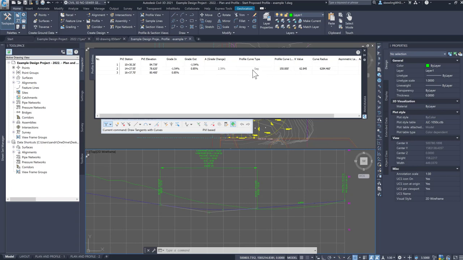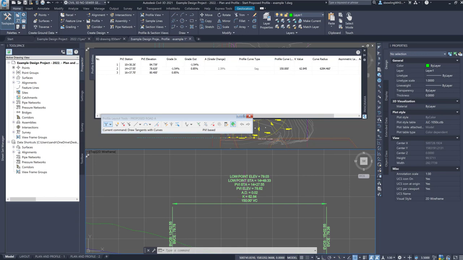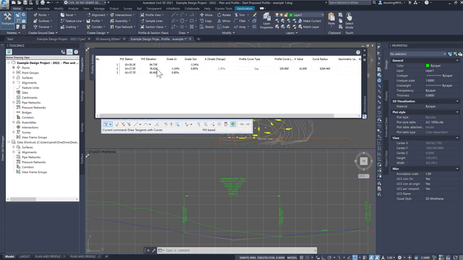So you can see I'm in a sag. And it automatically labels these for me, gives me the information, K values, my PVIs, etc. You can also adjust the elevation by, okay, I want this at 78.5, and it'll be like that. All right. Now,